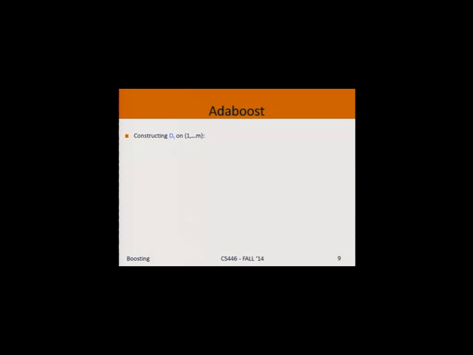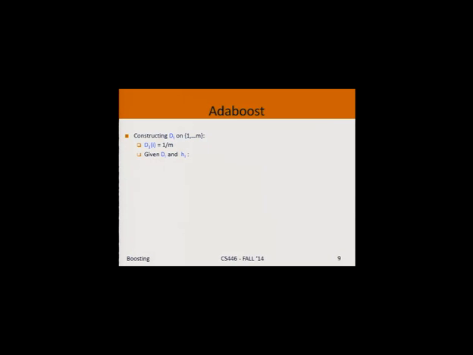So it's a distribution over my M examples. I have a fixed set of examples. So I'm going to start with a uniform distribution of the examples, right? Each example weighs 1 over m. And then, in the tth round, once I already have h of t, I'm going to define my dt plus 1,